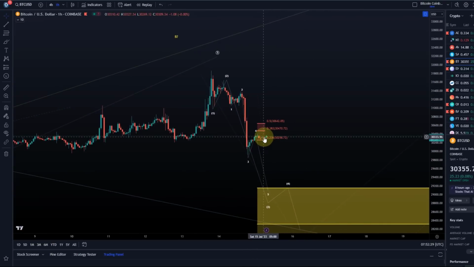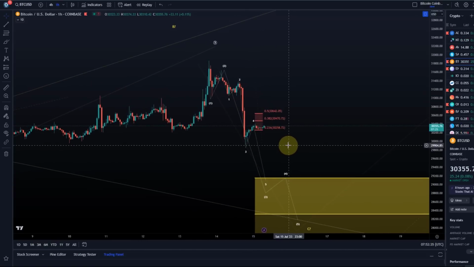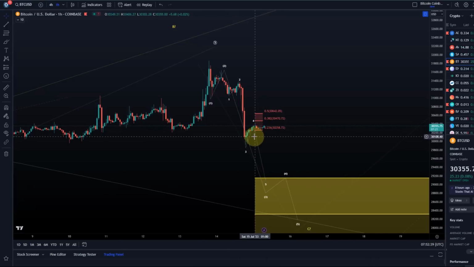Even though this wave 4 is starting to get quite long time-wise, but hey, you know, it's Saturday. Typically, we are looking at a wave 4 on a weekend. But I'm not saying we couldn't get a drop today, because this is otherwise starting to get quite long.